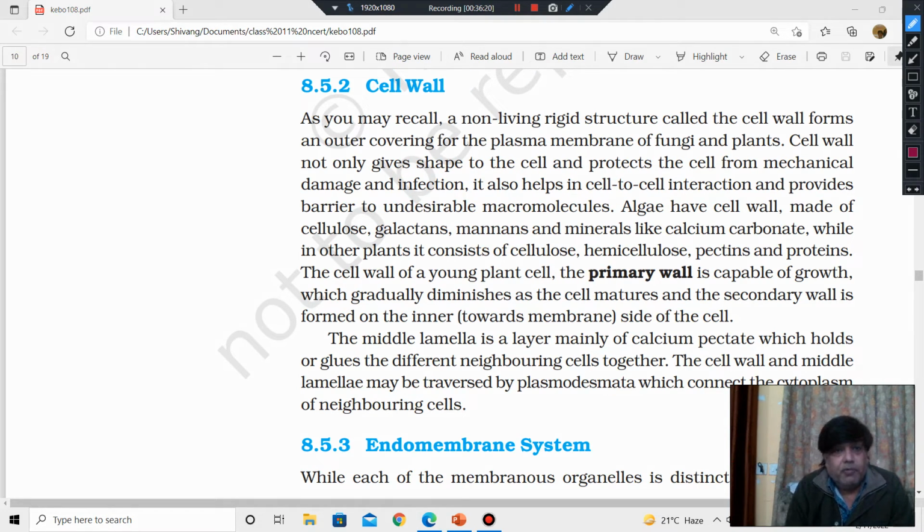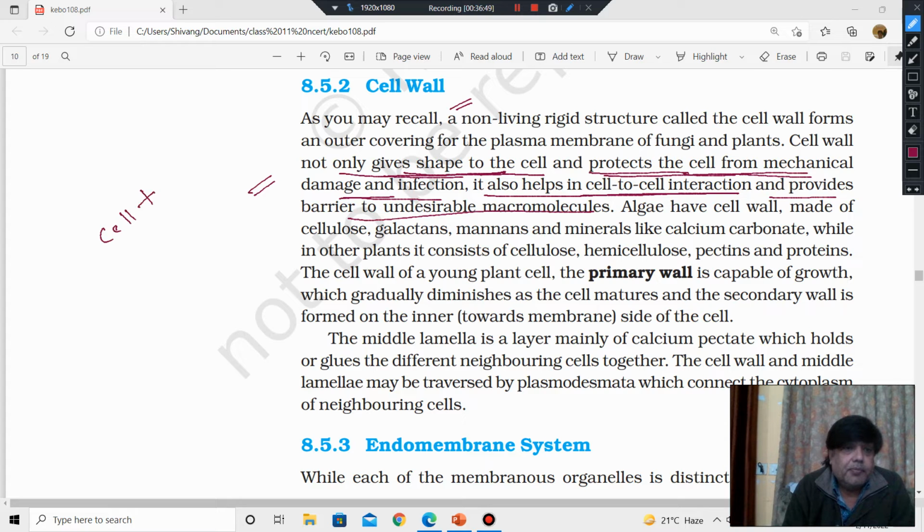सेल वॉल बना रहा है। सेल वॉल not only give shape to the cell but protect the cell from mechanical damage and infection. सेल वॉल का काम क्या है? It protects the cell from mechanical damage and infection and also gives shape to the cell. It also helps in cell to cell interaction. साथ ही साथ सेल वॉल का फंक्शन है सेल टू सेल इंटरेक्शन में हेल्प करना, and provides barrier to undesirable macromolecules। सेल टू सेल इंटरेक्शन को प्रमोट कर रहा है, मैकेनिकल डैमेज से बचा रहा, इन्फेक्शन से बचा रहा, और अनडिजायरेबल मैक्रोमोलिक्यूल के लिए बैरियर बना रहा।